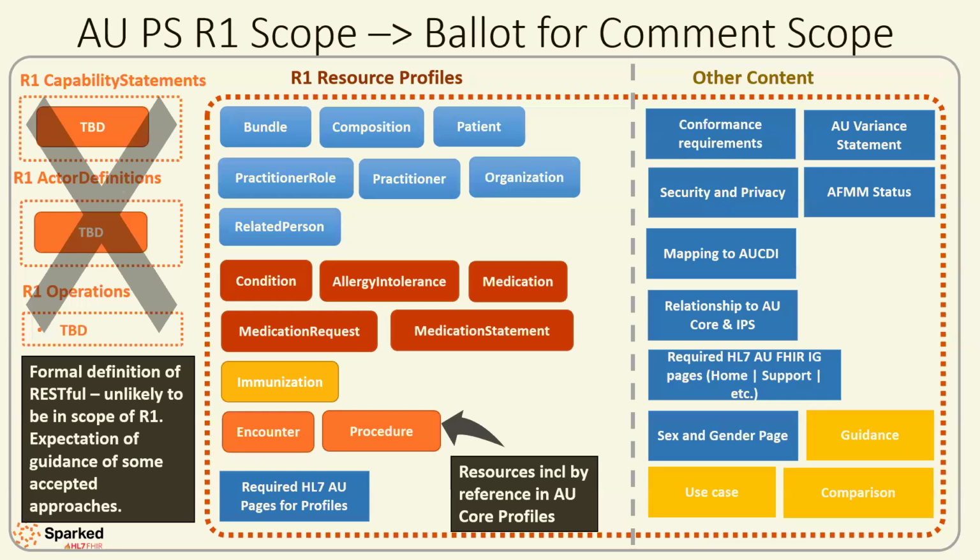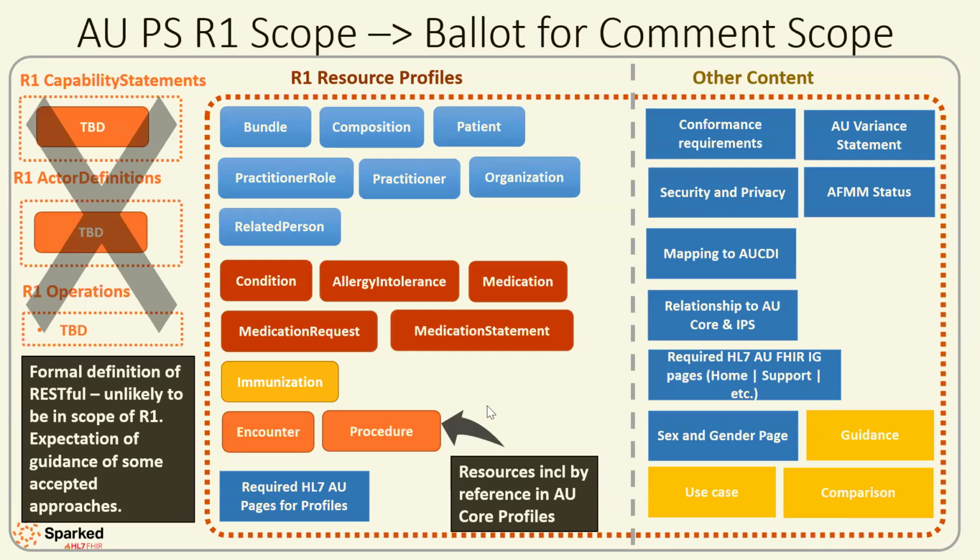That's looking like much more of a national HIE perspective in R2, but that will likely have a set of guidance on what are the kinds of approaches that people are using and some useful information on how to use those in Australia. So that's why that's got that transparent X across this, that we're probably not going to mandate any capability statements and actor definition, but we're probably going to be having a series of guidance that we'll talk through in these calls that will come out of what people are actually building.